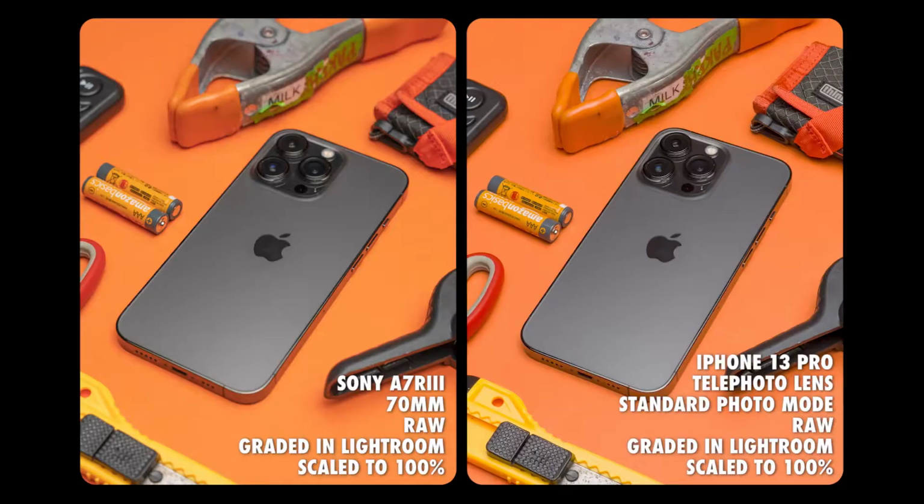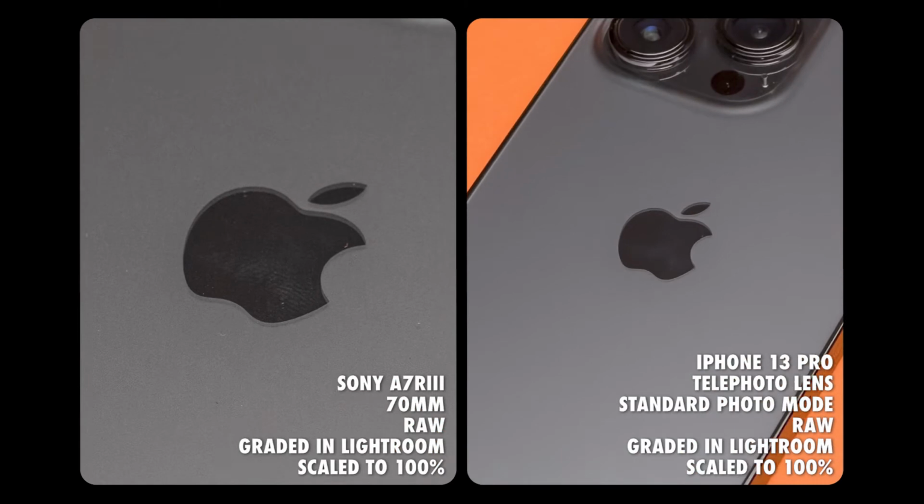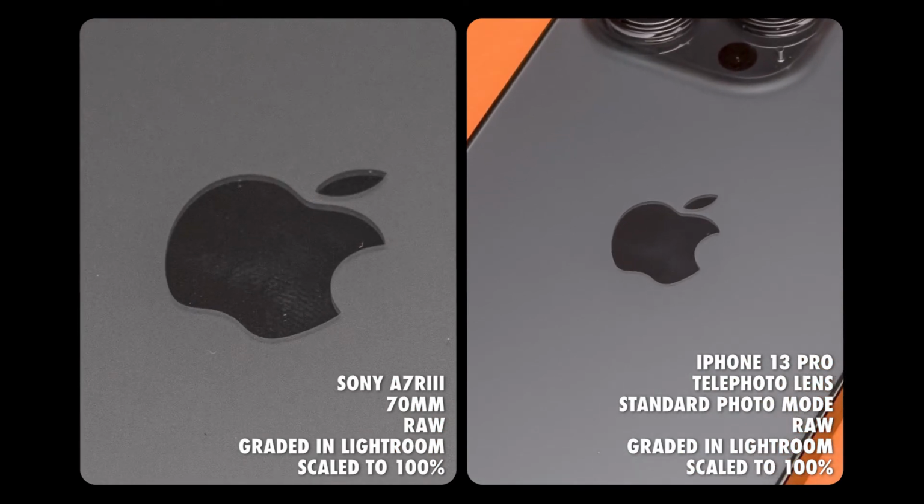So what do I think? For me, I'm still going to prefer to have my Sony with me for a few reasons, at least for now. The Sony gives me higher resolution, which allows me to punch in on images without resolution loss. At 42 megapixels, the Sony just produces a bigger image. The Sony also has a full frame sensor, which lets in more light,